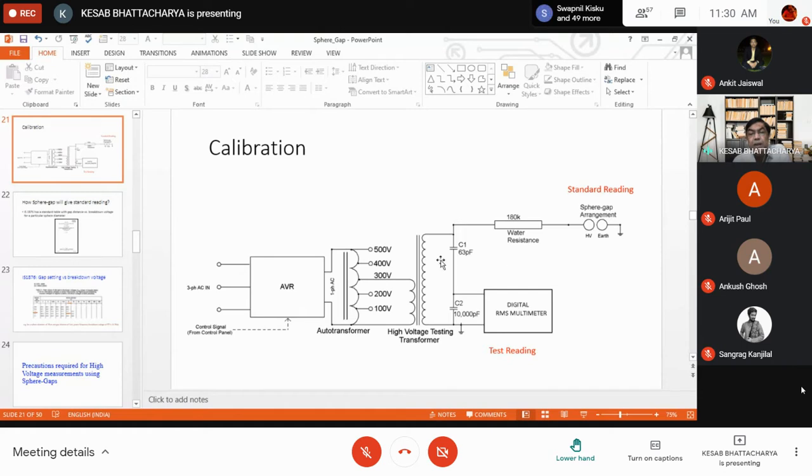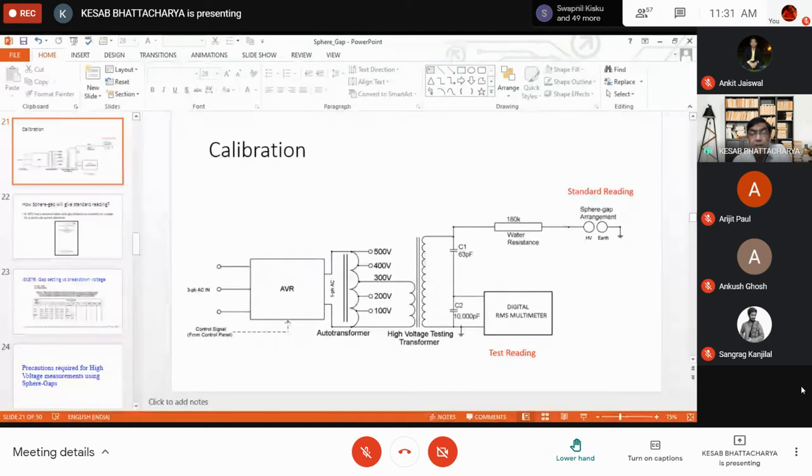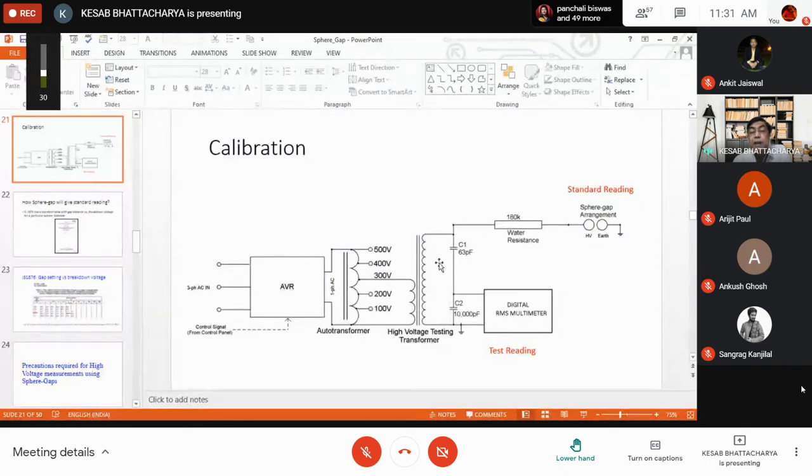then it is possible to measure a very low voltage but predict the peak voltage appearing here, because both C1 and C2 are charged to a potential which is proportional to the peak value of the voltage appearing here at the end of the transformer. So is it possible to measure a very low value being dropped across the capacitor C2 and predict the peak value of the voltage appearing here? Is that possible? What do you think?